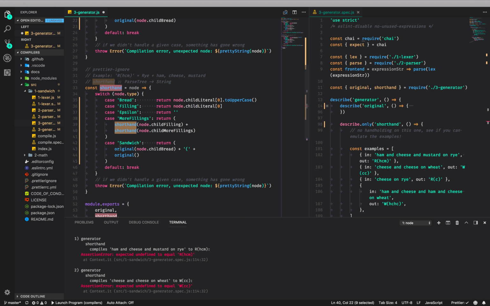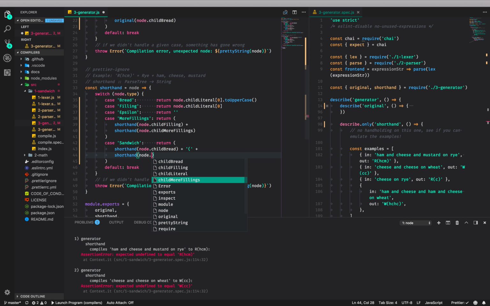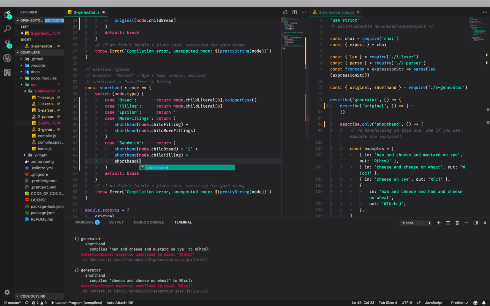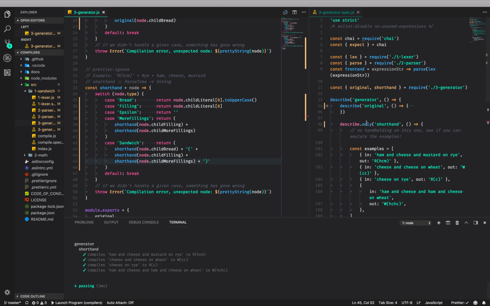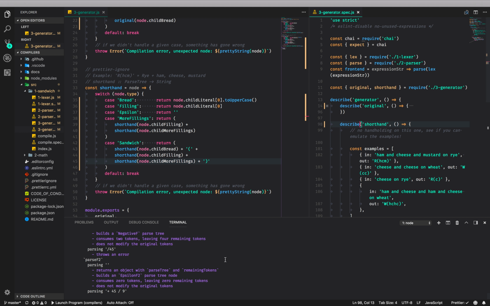What am I doing? Nobody called me out. Everybody's tired. It's been a long day. Node.child. You're like, well, it must be, right, if he's typing it. Child filling, and the shorthand for node.child more fillings. And finally, it'll end in close parens. And I save that, and everything passes. And if I get rid of the describe.only, and I just save that,